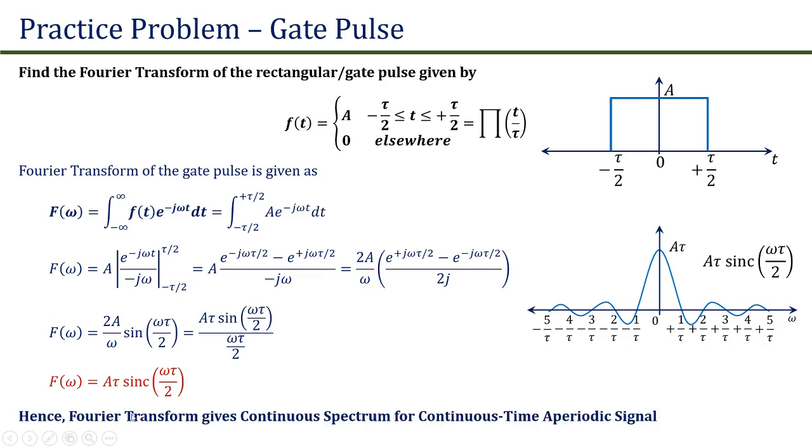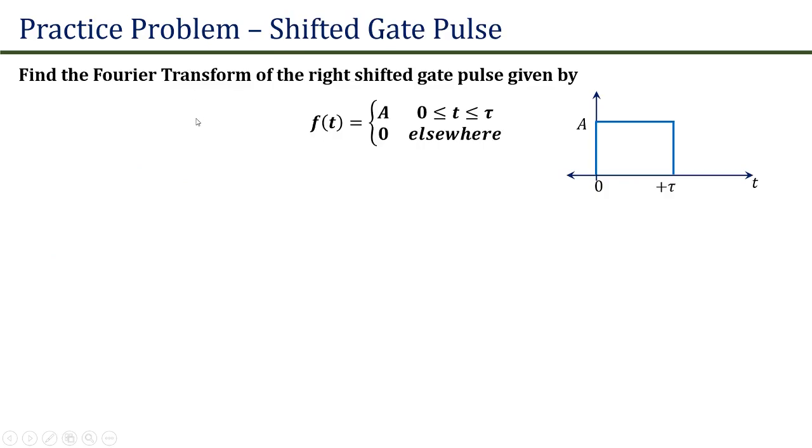Hence, we can generalize this observation that Fourier transform gives a continuous spectrum for a continuous time aperiodic signal. Now let us consider another numerical problem where we are required to determine Fourier transform of a right-shifted gate pulse